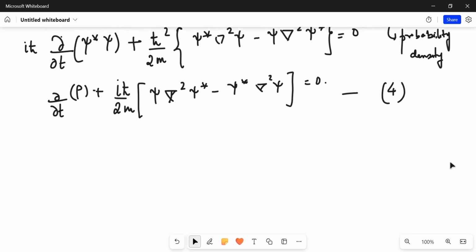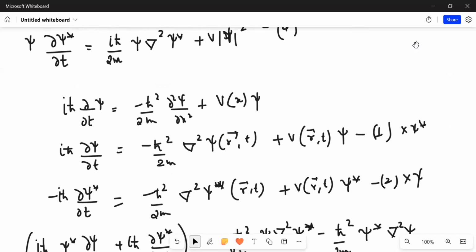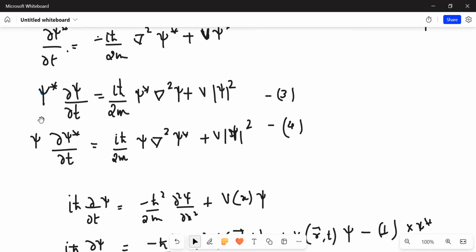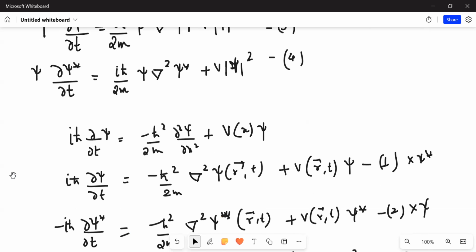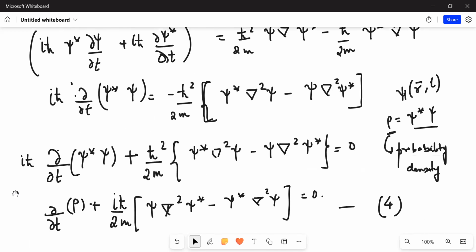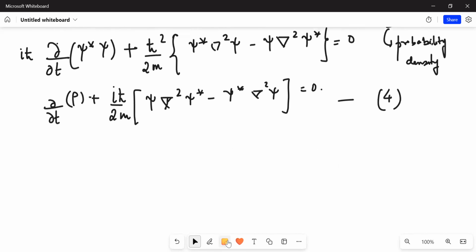Just forget about this. I think there was some sign error in this. I don't know what. See, if I was subtracting this, then I don't know what is a mistake somewhere. I've made a mistake here. So forget about this. Just think about this. So this is one thing that you should remember. And we'll come to this. Now just think about this particular equation.